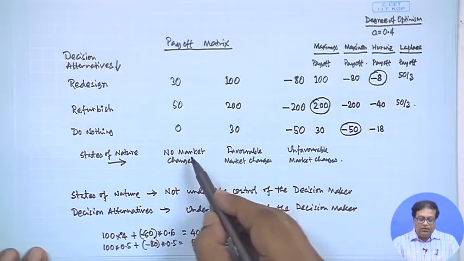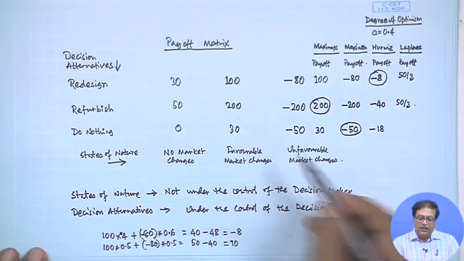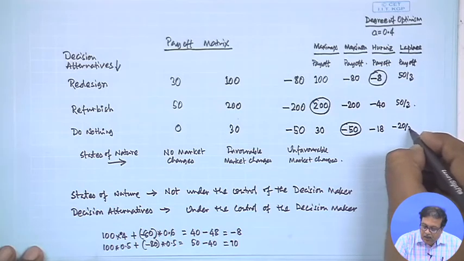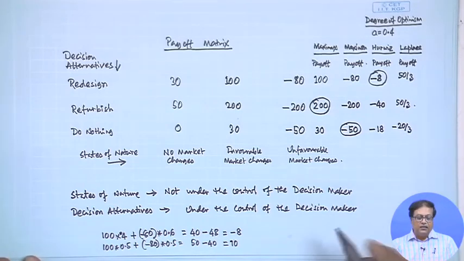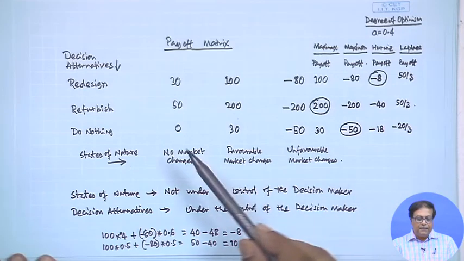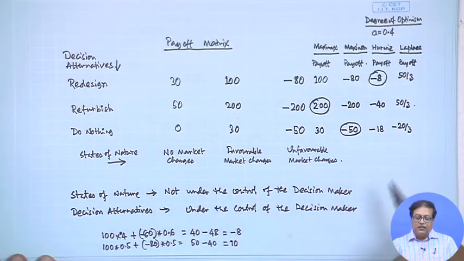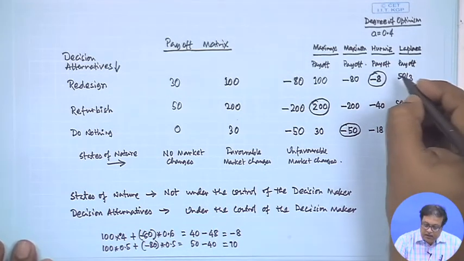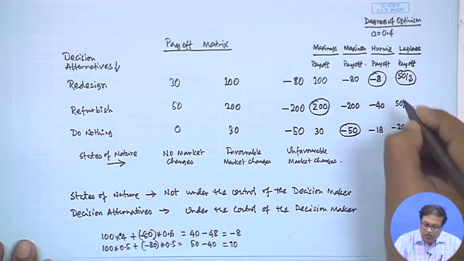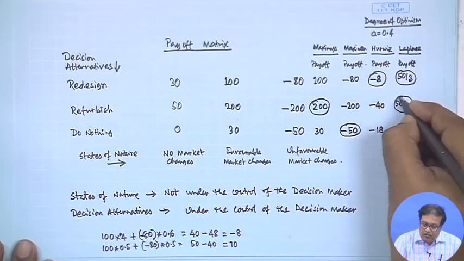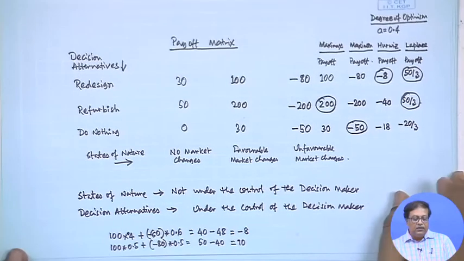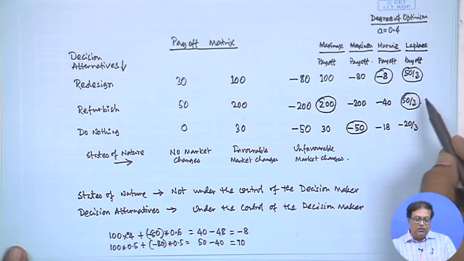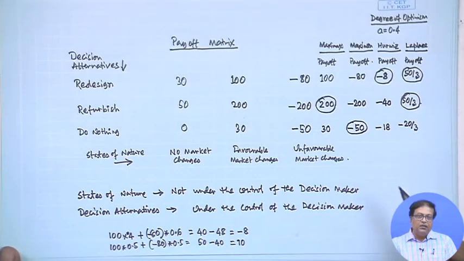And the last one is 0 plus 30 minus 50, which comes to minus 20 by 3. So, what would be the decision of, let us say, the Laplace decision maker? The Laplace decision maker would really go for redesign or refurbish, both are equally likely. So, in this case the Laplace operator would go for either redesign or refurbish, because both have equal